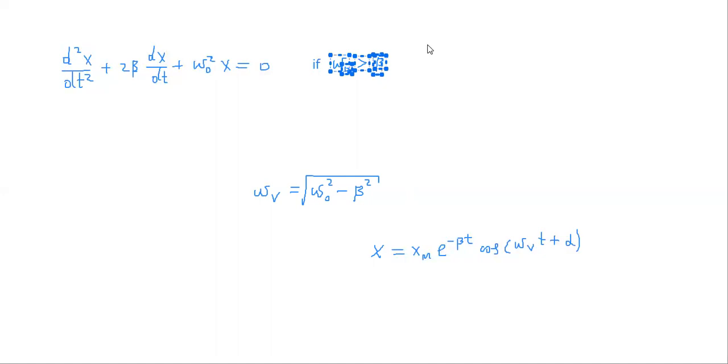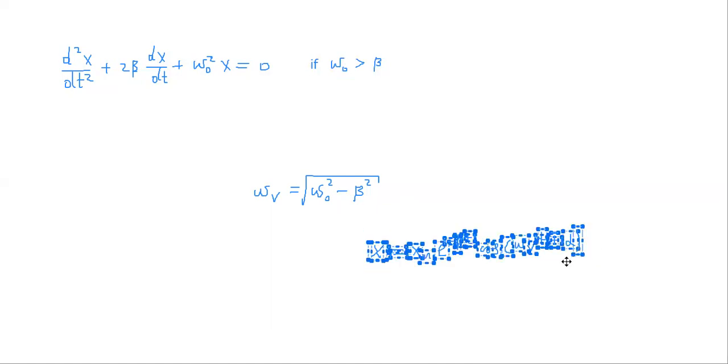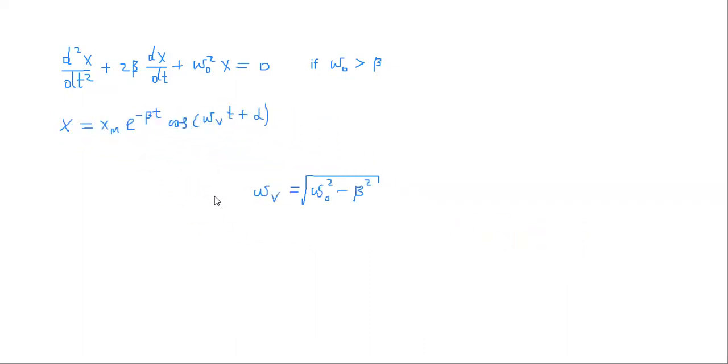We are considering this case, when omega zero is more than damping coefficient. So in this case, the solution is here, where omega v is the angular frequency of damped oscillations, and we can also write the period